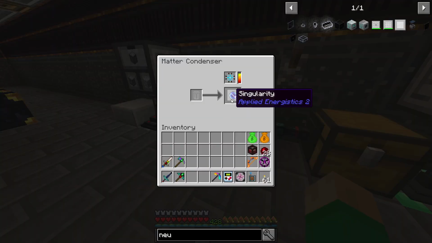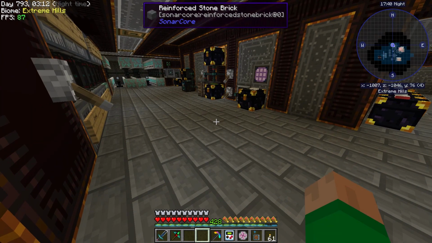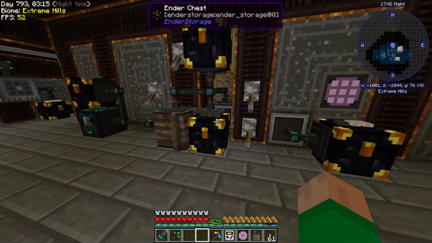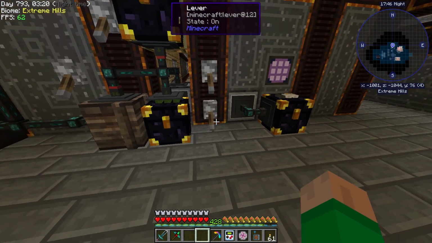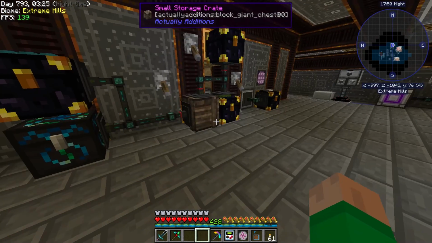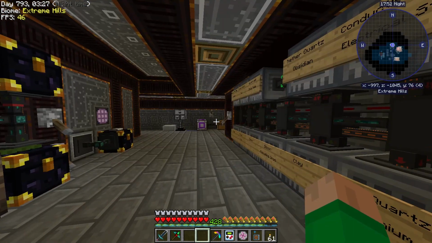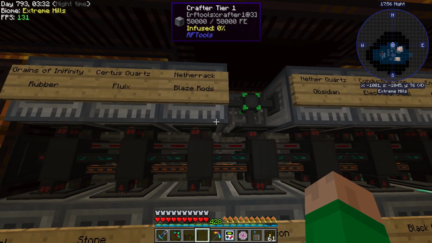This is our quantum singularity generator, which is used to make our quantum bridge to other dimensions for our AE2 system. And this is the other end of our loot bag processing system. So all in all, pretty much everything in that direction is storage. This was our system for processing all of our